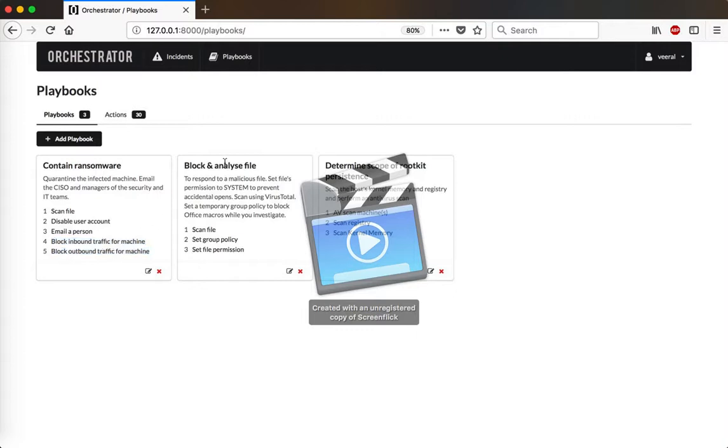Let's say we found a malicious file that was on our network. So we might want to scan the file to verify that it's actually malicious, set a group policy to block it, and then set the file's permission to be system, so people don't accidentally open it. Okay, so these are just some playbooks that we can run to respond to malware, and they're made up of